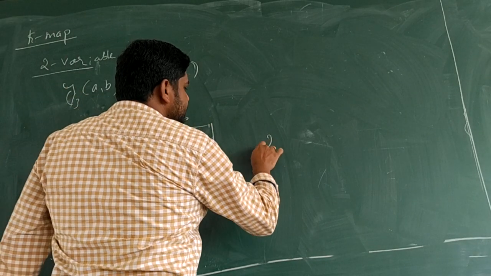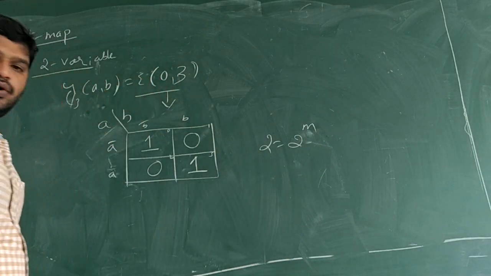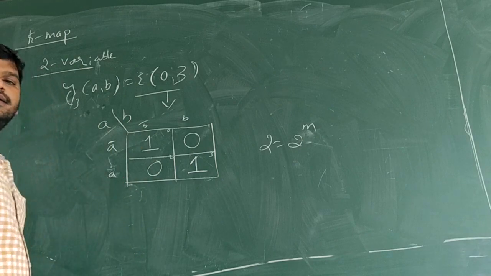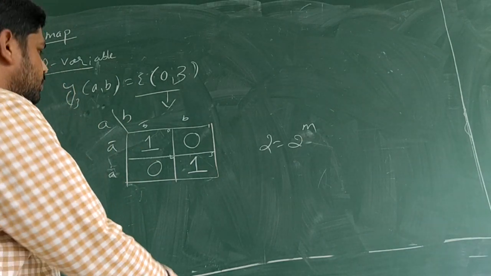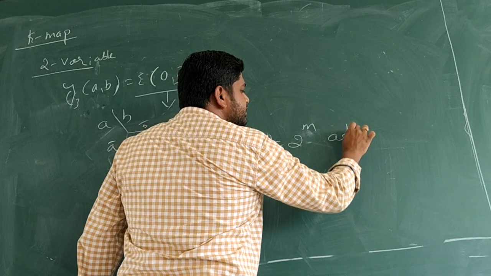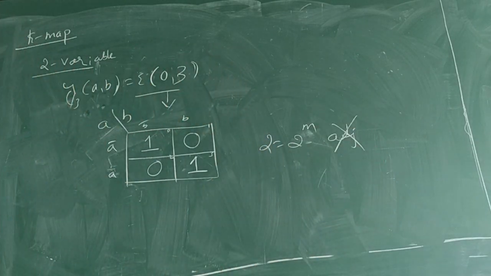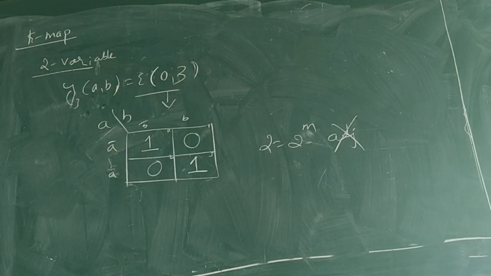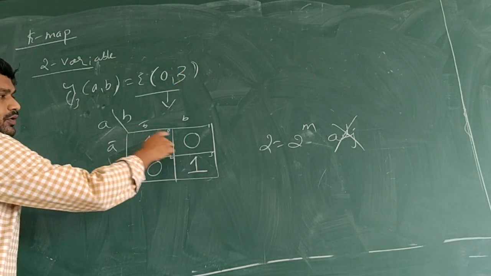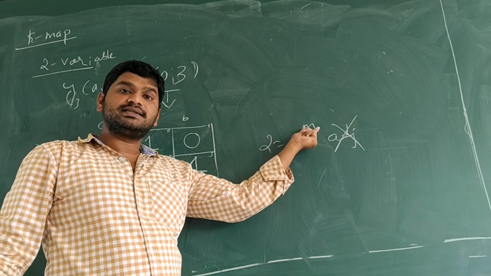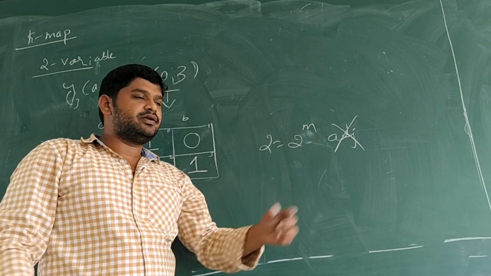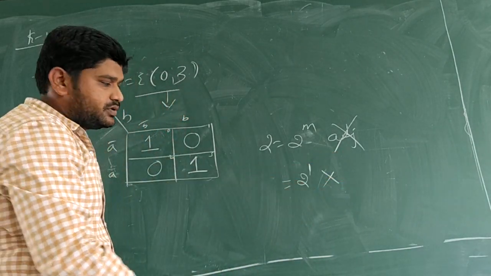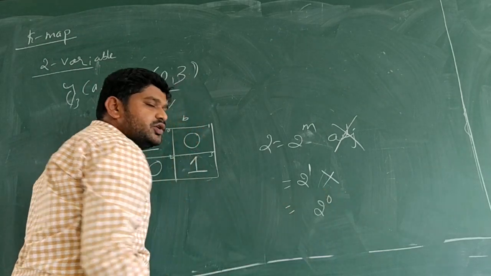Okay. There are 2 ones, which is the standard formula of 2 raised to m. But we cannot put a diagonal cover. So the condition, adjacent, is not followed. There are standard 2 raised to m ones, but both are not adjacent. Hence, we will not put a cover. That time, reduce the scale by m. Reduce the scale, that means what? 2 raised to 1 is not possible, but 2 raised to 0 is possible.